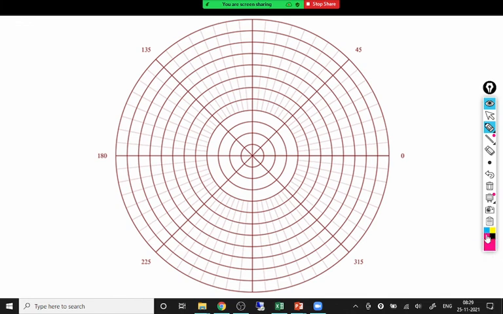In the polar curves, first of all, this entire plane is divided by angular lines that are known as radial lines, and concentric circles. That is not like the Cartesian plane. In the Cartesian plane, the entire plane is divided by vertical and horizontal lines, so that rectangles are created. Here circular regions or sectors are created.